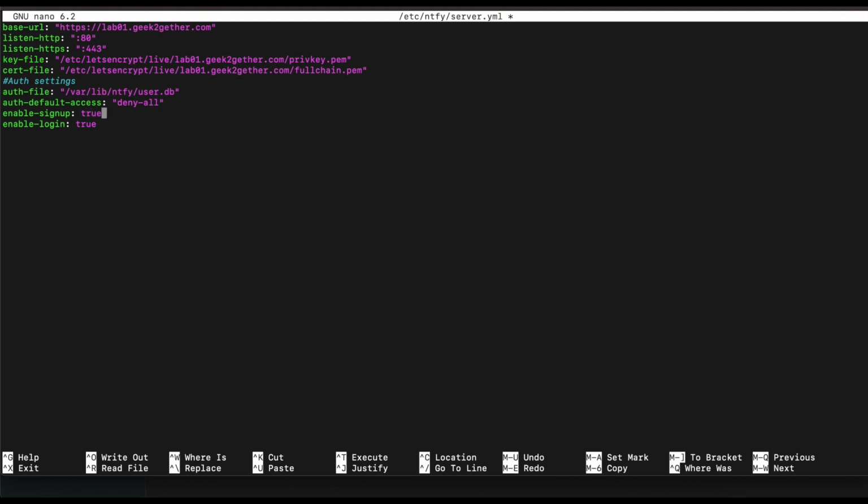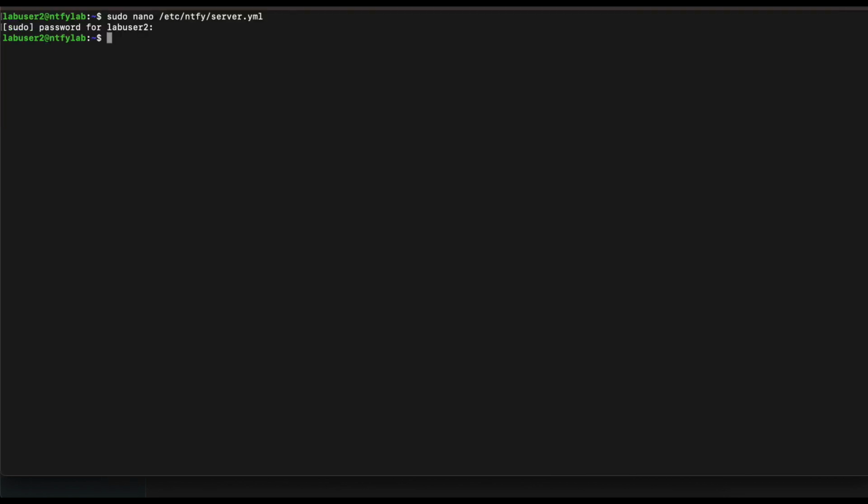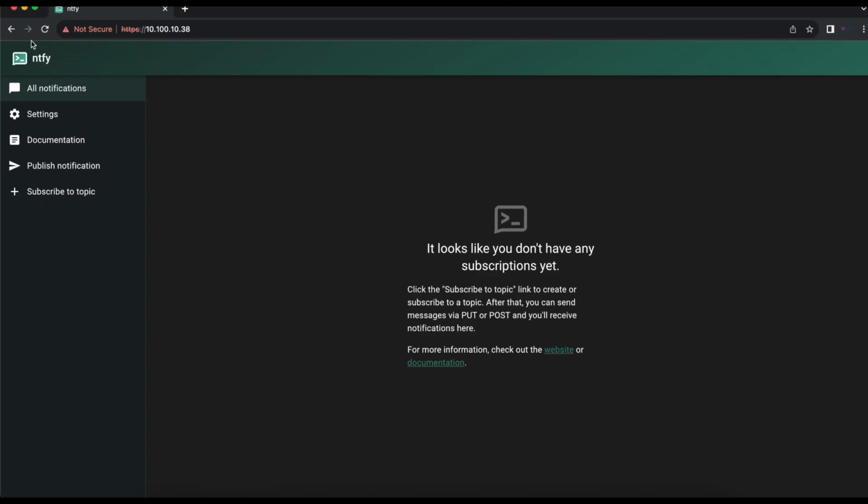You can set signing up to false if you want to manually create users and you don't want anyone to subscribe to your ntfy server. Even if someone was able to sign up, note they're still going to have the default permission of deny-all, which means they're still not going to be able to create or subscribe to topics. You're going to have to assign them topics or give them permissions manually in order to do so. So we're going to save this. And once you save that, you want to restart your ntfy server, head back to the web browser, refresh the web browser,